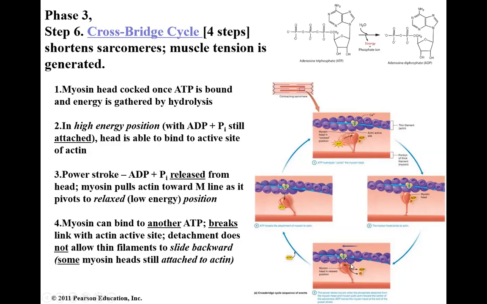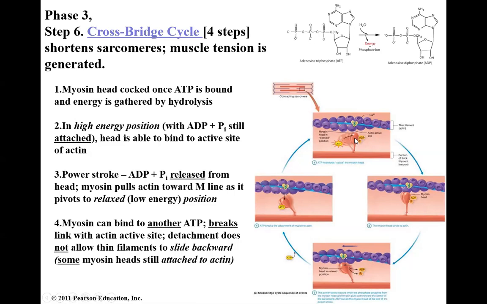Now, in order to detach myosin from the actin, we need another ATP. Actually, the active part of this entire process is breaking the cross bridges, so breaking the bond between actin and myosin. Here we can see ATP coming in. It breaks the bond between the active site and actin. That same ATP is hydrolyzed into ADP and phosphate. Right, so it's ready to go again. If there's still calcium in the sarcoplasm,